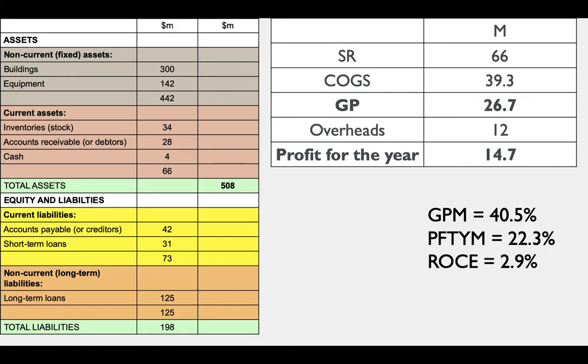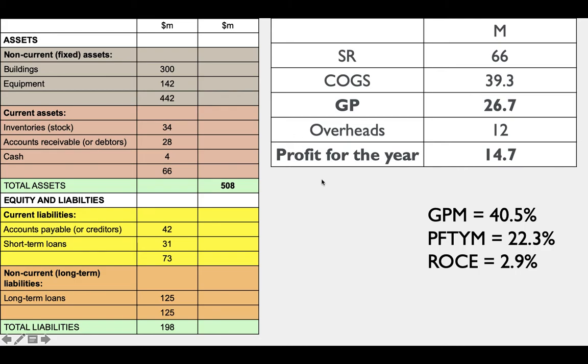I got an ROCE of 2.9%. So I took my, how did I work that out? Total assets, I think, of 508, and then I took profit for the year, 14.7, divided that by 508 times 100. That gives us 2.9. Just double check that's correct. I don't want to misinform you. So we got 14.7 divided by 508 times 100. Yep, 2.9. Okay, so yeah, I took that 14.7 divided by 508 times 100, and that gives us our ROCE,